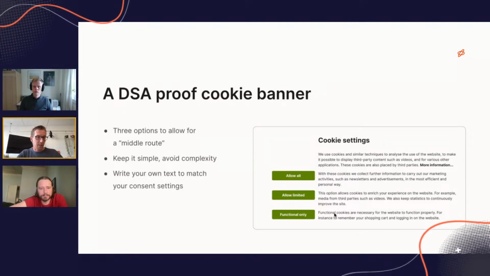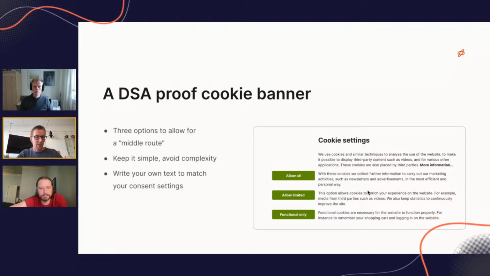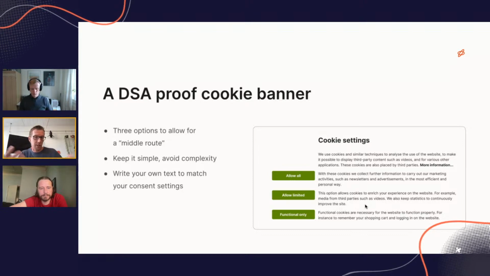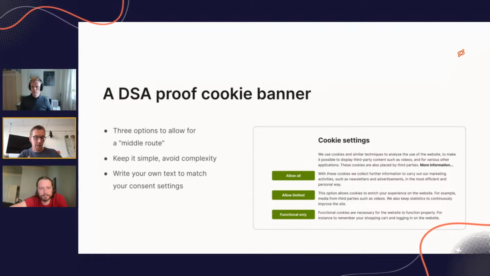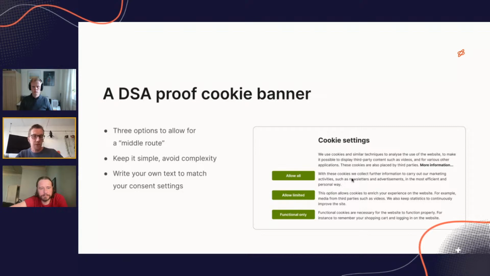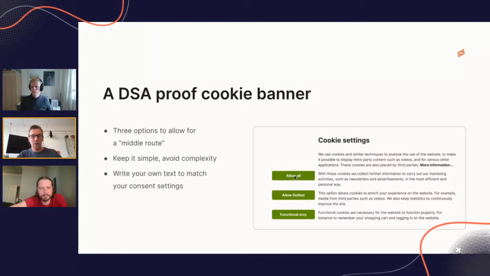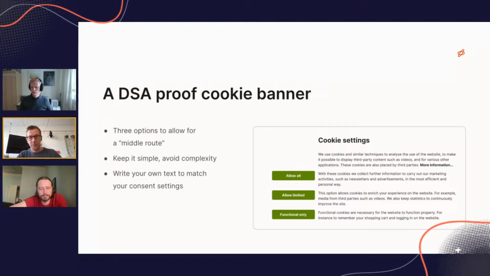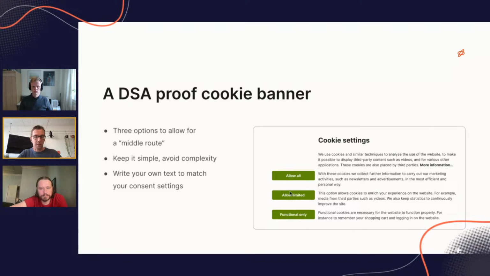If you're really serious about your privacy, click functional only. If you want to have a richer web experience, and it explains it here in the text, for instance, with the social, the third-party media like videos and music and stuff, click that one. If you're perfectly fine with whatever happens, click allow all. So you can play with these three. Obviously, you can set them differently, provide different texts, but the main part is to use a banner that looks like this,